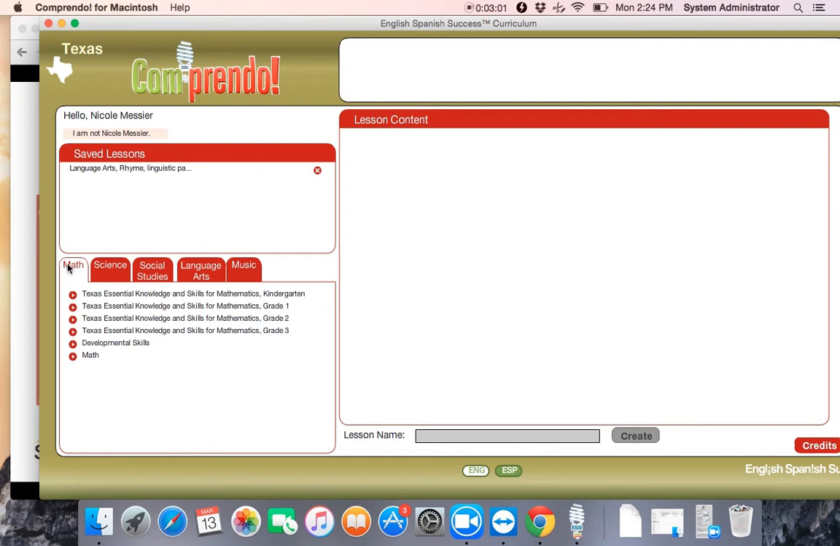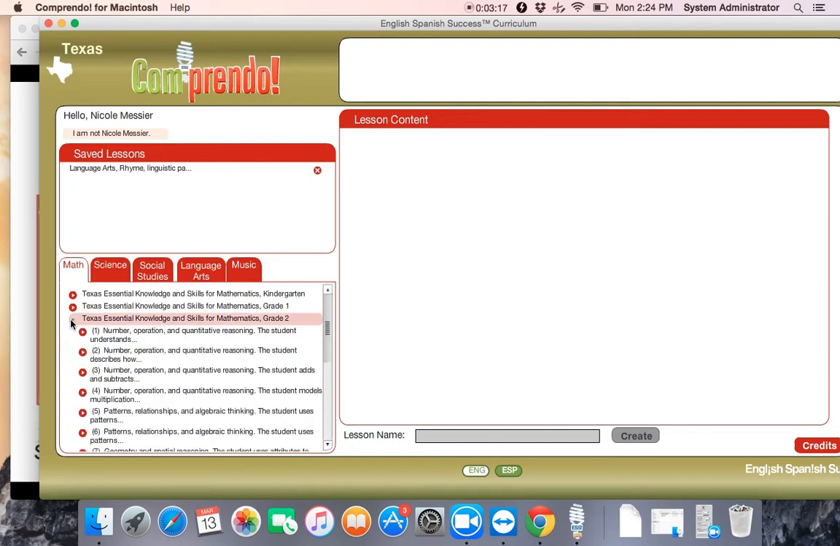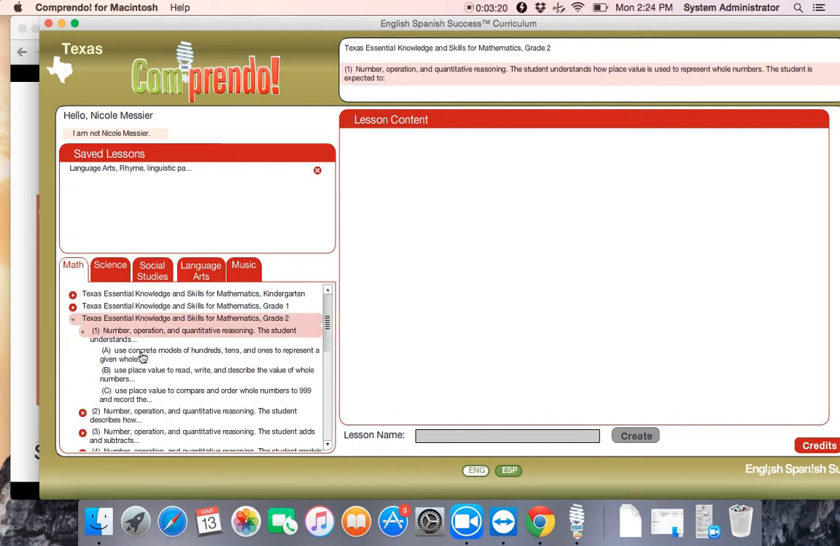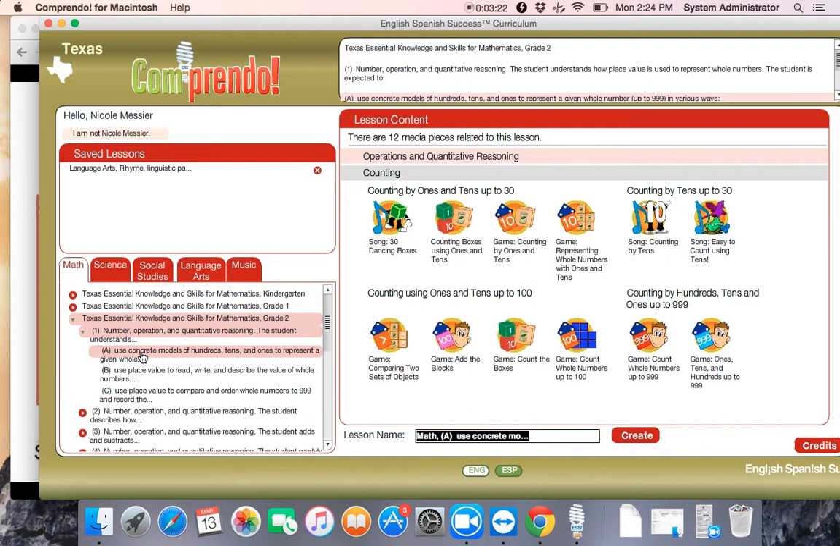And from the home screen, we can access each subject. We can search for media and activities by state standards, by developmental skills, and also by concepts and topics within the subject. So if we go into math, into second grade, we can choose a standard, use concrete models of hundreds, tens, and ones to represent a given whole. So we can now click on one media piece,